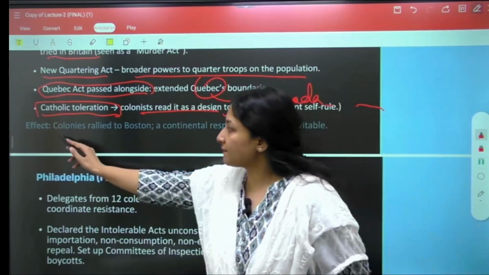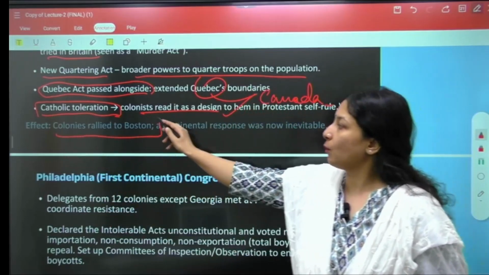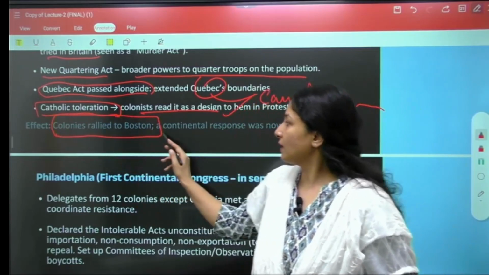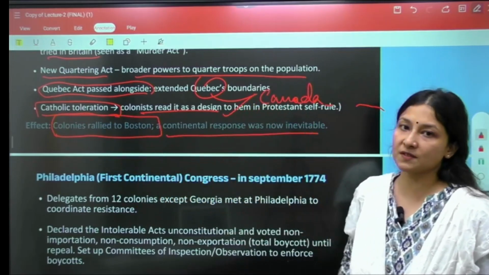Okay, what was the effect? The colonies rallied to Boston, and a continental response was definitely now